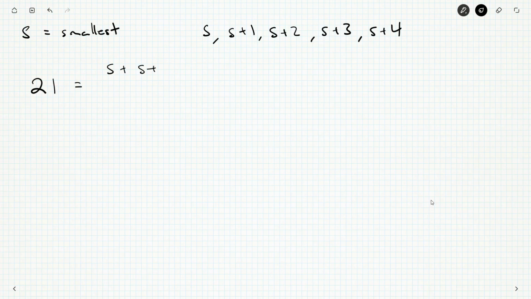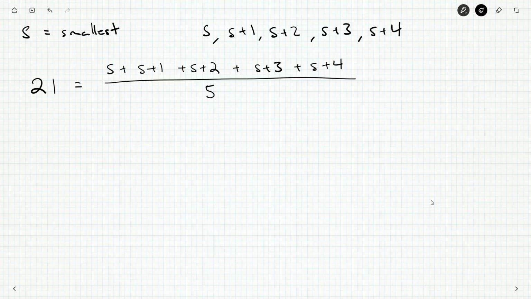You add up all the numbers, the last one being S plus 4, and you divide by how many numbers there are. And there's going to be 5 of them. S, S plus 1, S plus 2, S plus 3, and S plus 4. Okay, so we just simplify. We'll get 5 S's on top here, and we'll get 1 plus 2 plus 3 plus 4 is 10. Okay, and we'll divide by 5, you'll get S plus 2, which is kind of interesting that it's the middle